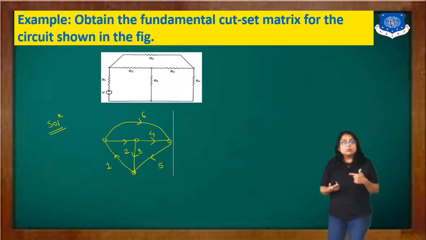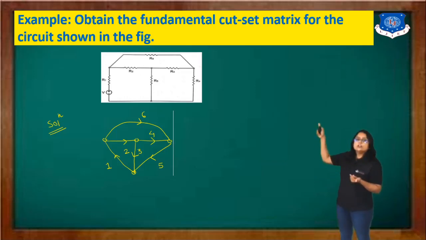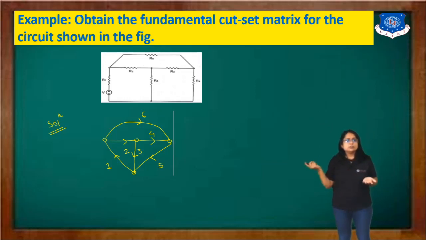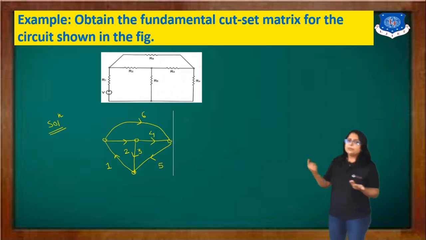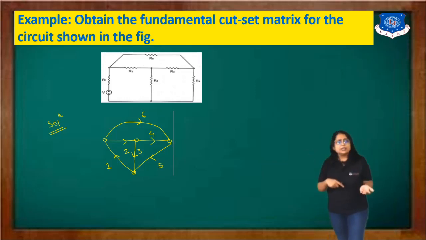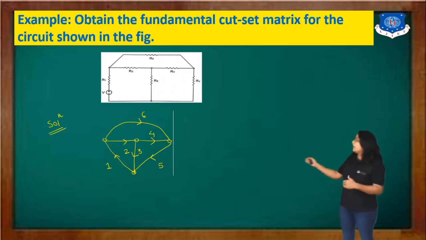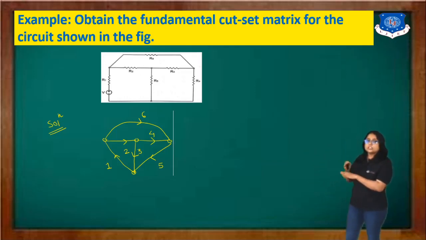As I explained to you in the incidence matrix, there is no need to apply logic like the current is flowing from negative to positive, or that the current is dividing between these two branches. No need to apply such kind of logic. Just take a random direction. It may happen your directions are completely opposite to mine, or some directions are the same and some are reversed. That is all right, no problem. As such there is no logic for how to take the direction. It is completely up to you.